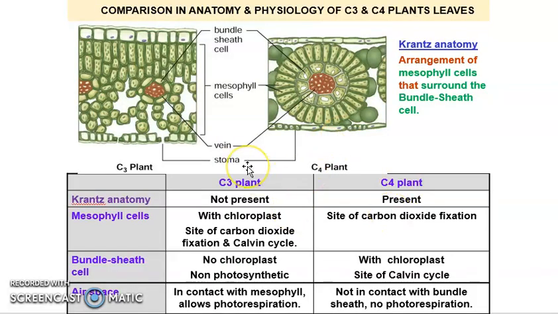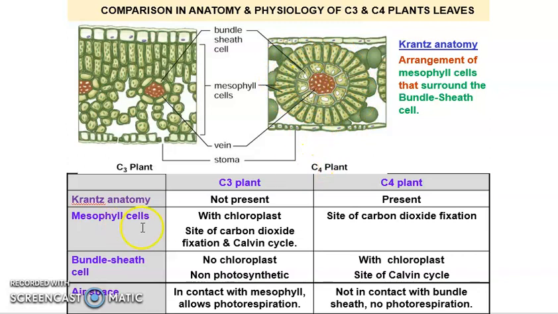Okay, so this is the difference between the C3 plant and also C4 plant. Kalau untuk C3 plant, so for the Kranz anatomy. So yang ni kita panggil sebagai Kranz anatomy, in which the arrangement of the mesophyll cell that surround the bundle sheath cell. So di luar ni adalah mesophyll cell, di tengah-tengah ni adalah bundle sheath cell. Tapi kalau untuk anatomy of the C3 plant, so there is no Kranz anatomy. So that's why kalau untuk C4 pathway ni dia akan berlaku pada dua tempat yang